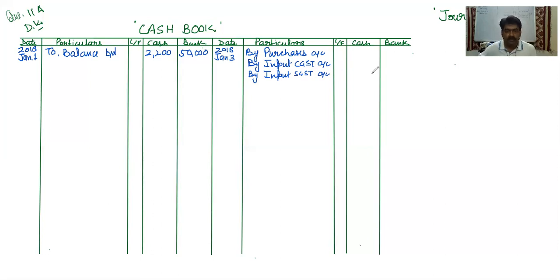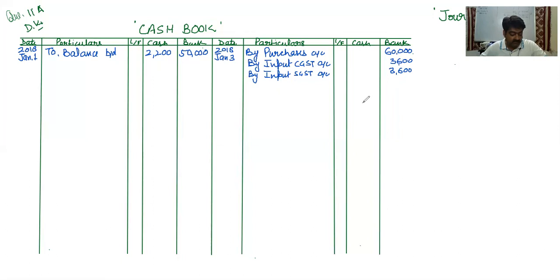of cash book. Okay. So now you see purchase price is 75,000 and trade discount is 20%. So 75,000 into 20% will be 15,000. So your purchase price will be 60,000, that is 75,000 minus 15,000. And we have to pay CGST 6% and SGST 6%. So 60,000 into 6% will be 3,600. 3,600 input CGST and 3,600 input SGST. So like this treatment will come in the credit side and amount will come in the bank column. Okay, because we are purchasing goods and amount is paid by cheque.